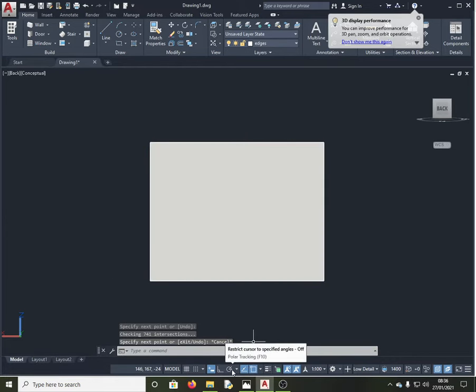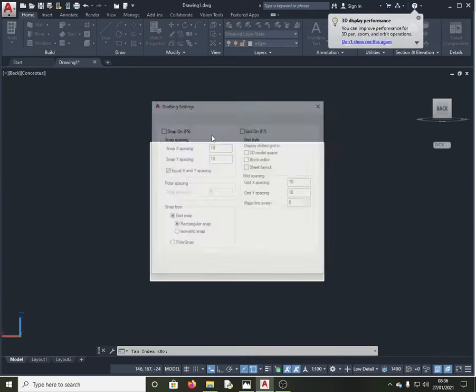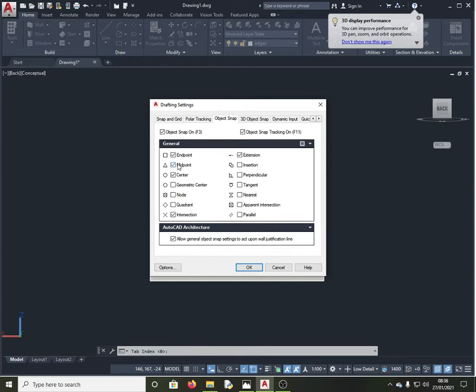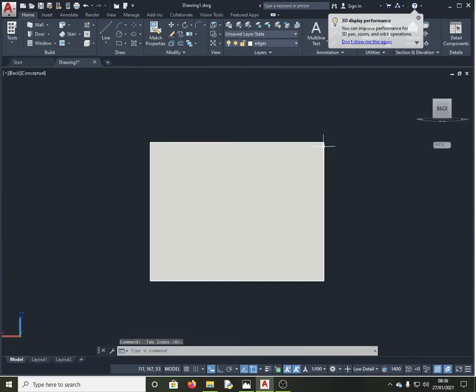Then there is snap mode setting. I need to have object snap midpoints there. Okay, so if I pick a circle, I need to have a circle that goes,